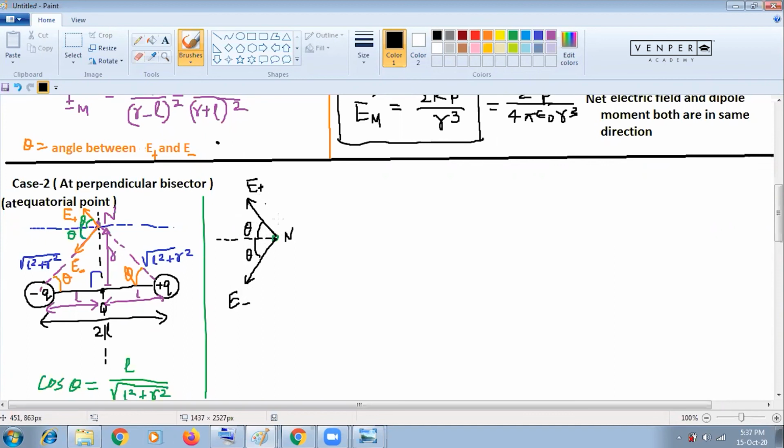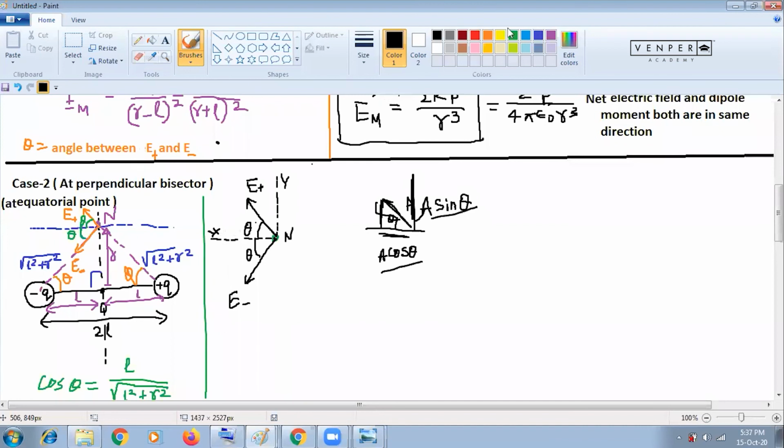Now see, if you take components, remember when a vector is like this, this is a vector. If it makes angle theta here, then here we do a perpendicular, and this distance we can take as cos theta, and the upward direction we can take as sin theta. So it is cos theta, it is sin theta. That means which axis? This axis, and another axis I am taking like this. So here it is the y axis, here it is the minus x axis.